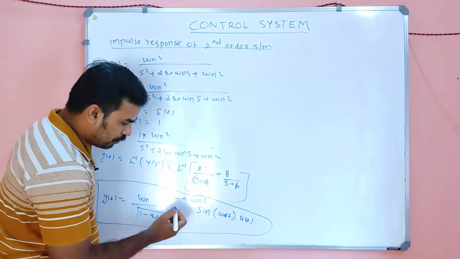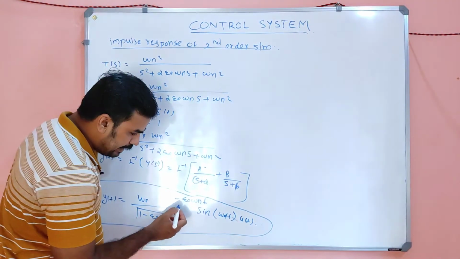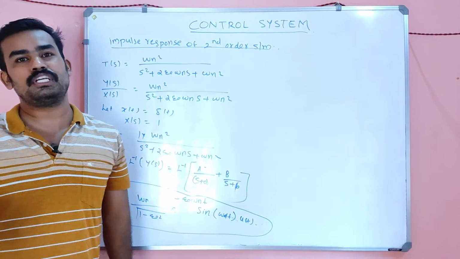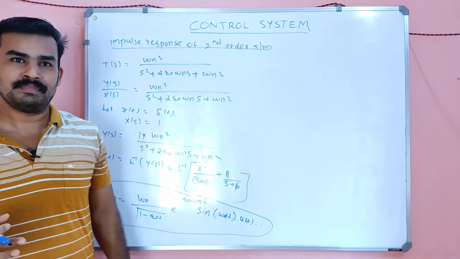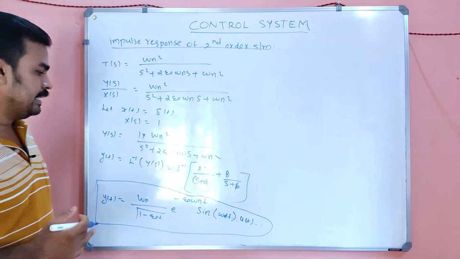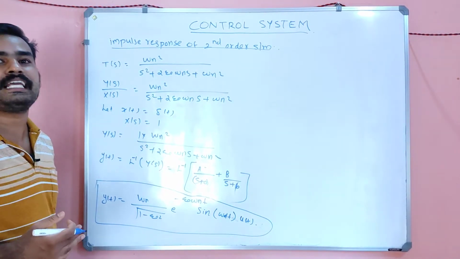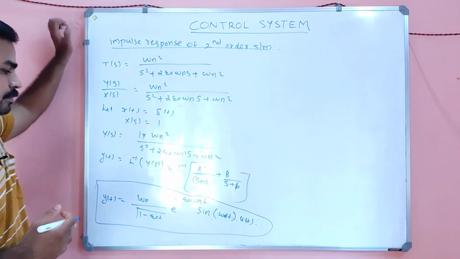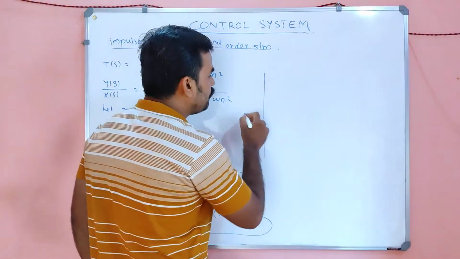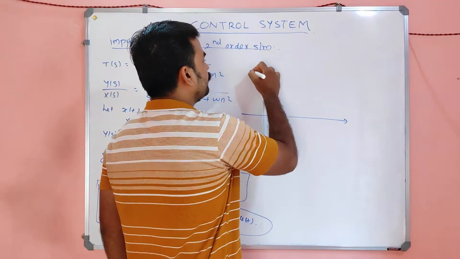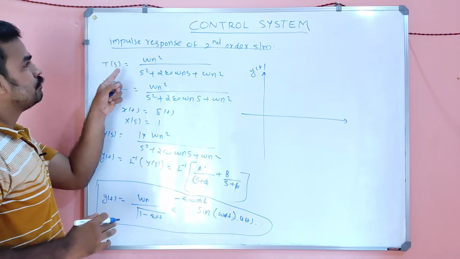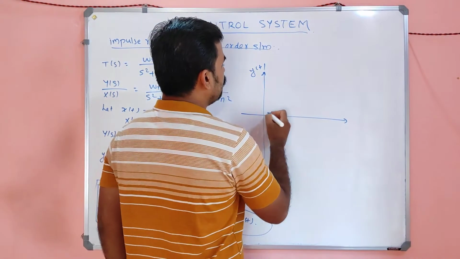Reason? It is very, very important. The output contains the exponentially decaying term. E raised to minus means it is decaying exponentially, not rising exponentially, my dear. E raised to minus means exponentially decaying, okay, and the sinusoidal function. That means for this input, that is for the unit impulse input, the output y of t will be in the form of